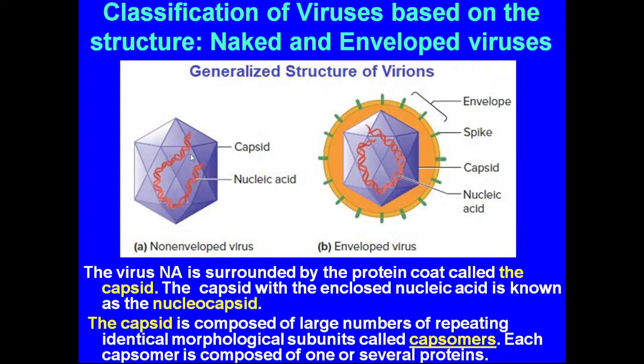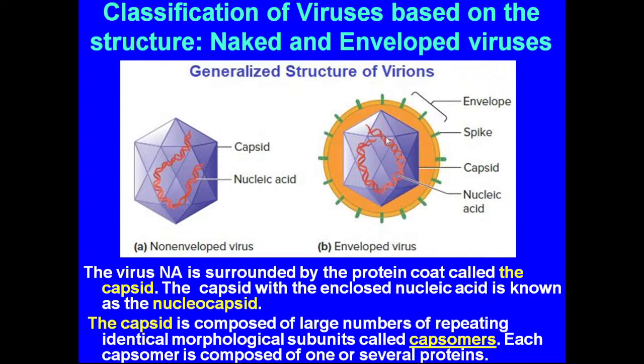For example, in polio or picornaviruses, we have a two-layered capsid. And in viruses like rotaviruses, we may have a three-layered capsid, but still it is a capsid, one single structure. Then if you take a look at the enveloped viruses, they also have a capsid with nucleic acid